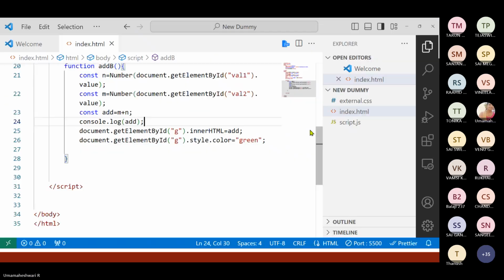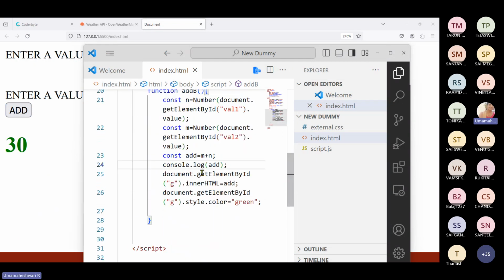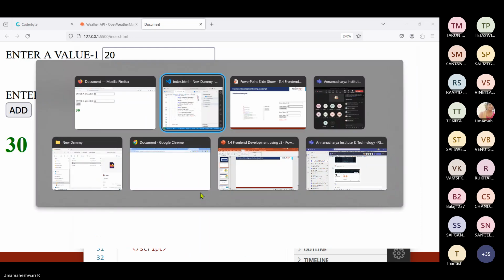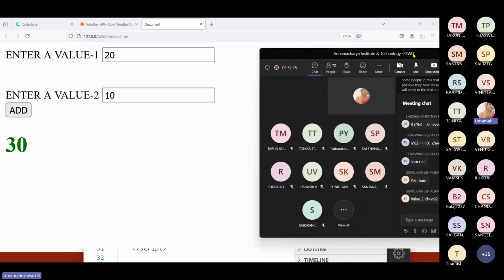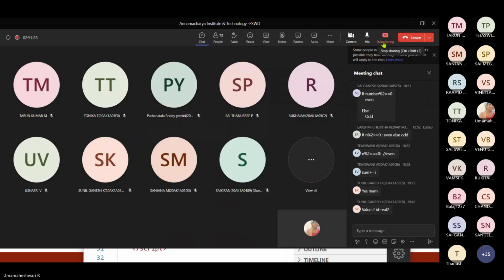Clear? It's a very simple mistake we made. Clear? That's all. So as of now, any questions or any doubts, students? Anyone? Any